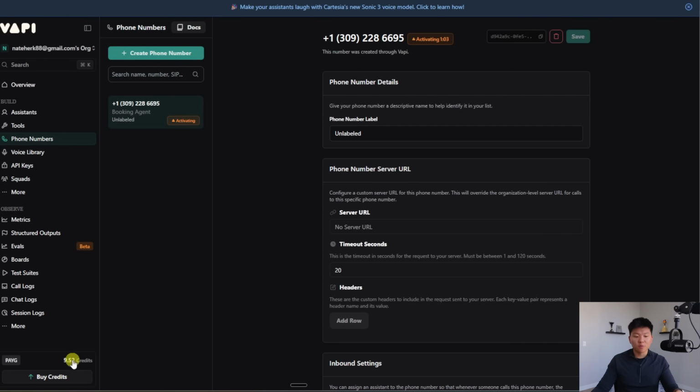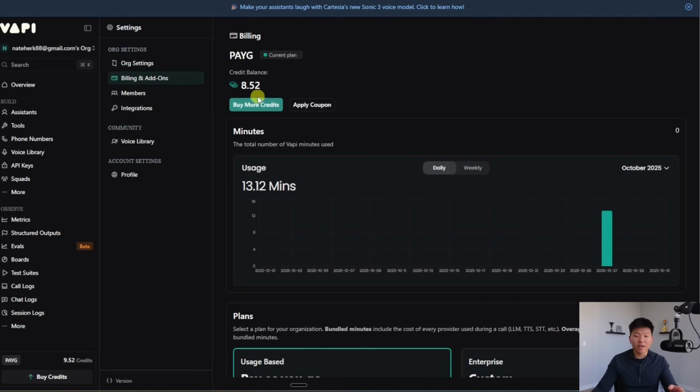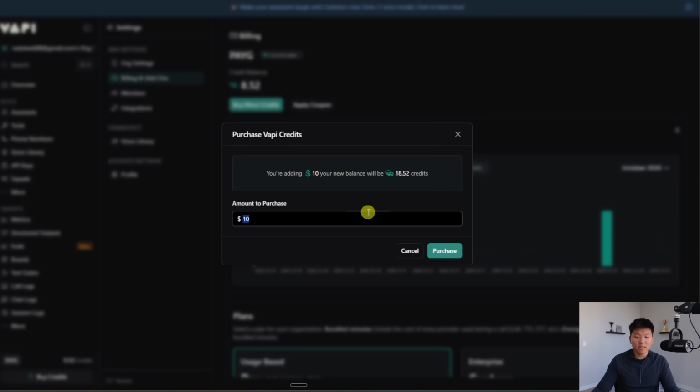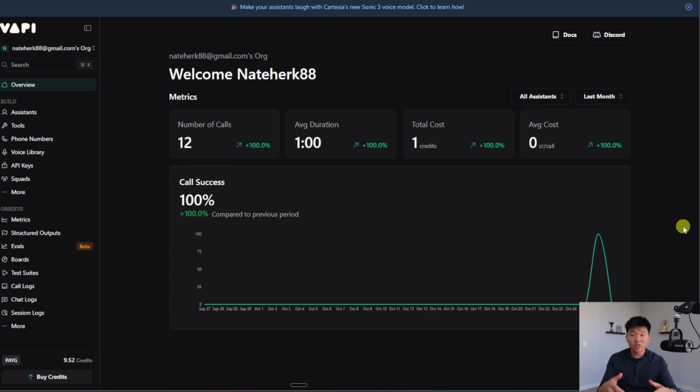Now, the last thing I wanted to talk about was pricing. You can see that we are on the pay-as-you-go model, and I currently have 8.52 credits left. So when you create an account, you get 10 free credits, and you can see that I was already able to do some testing and not use up all 10 of those yet. But from there, you can just go ahead and buy more credits, and you would just use $10 to get about 18.5 credits. So this one was a very intro and beginner voice agent video with Vapi and n8n,